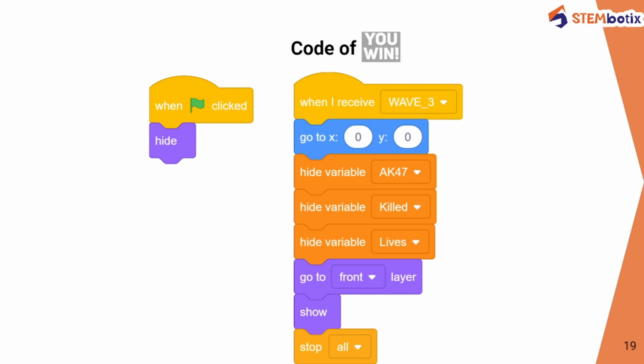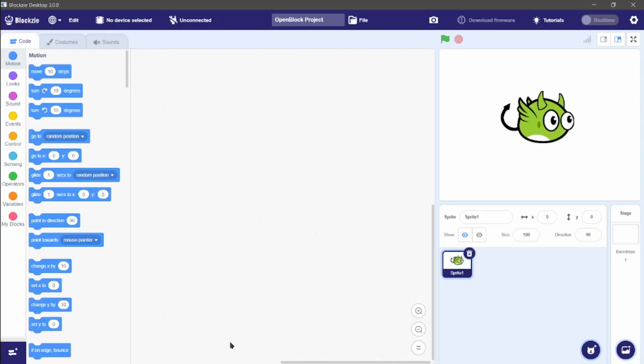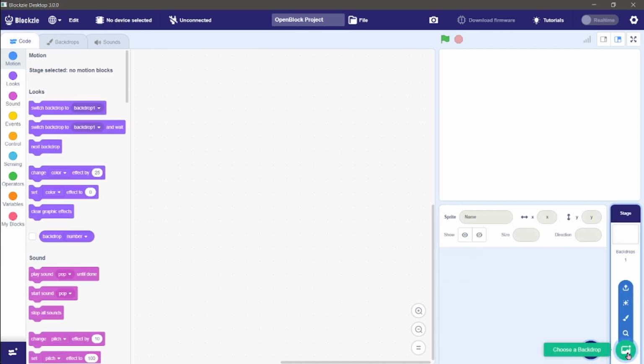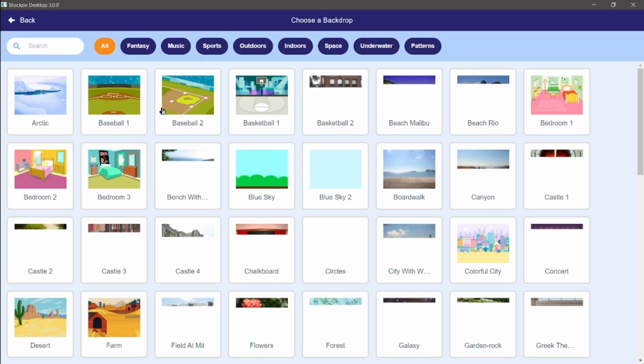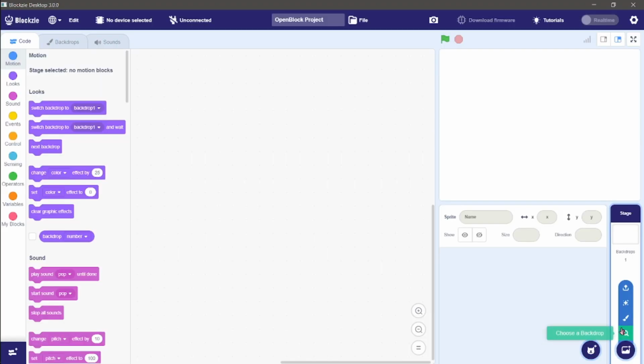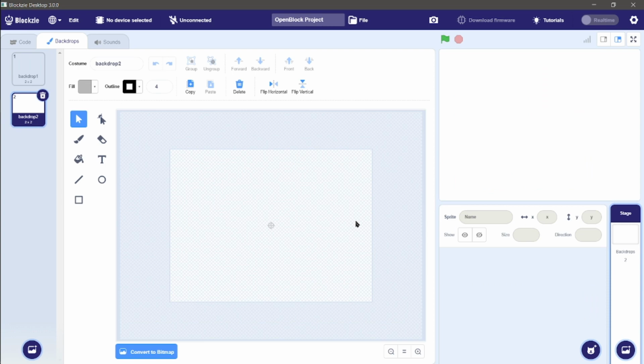This is the coding, and we are going to now see this coding one by one steps in Blockzie. Let's start the coding in the Blockzie part. So we are going to see one by one steps. First of all, we are going to have a backdrop which we are going to paint. Specifically, we don't want this. So now I want a backdrop,